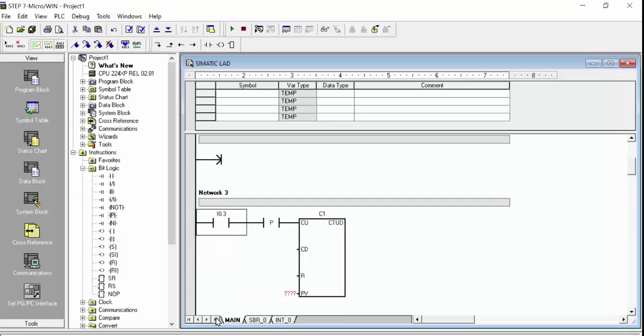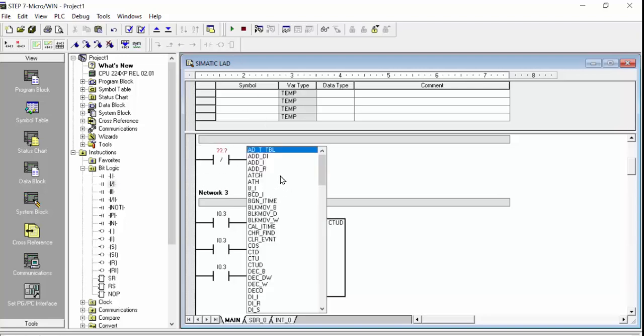Copy and paste it again. And this branch is completed and connected, and here we will take one close contact, and